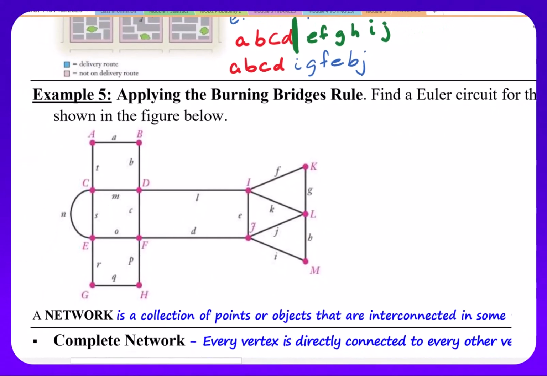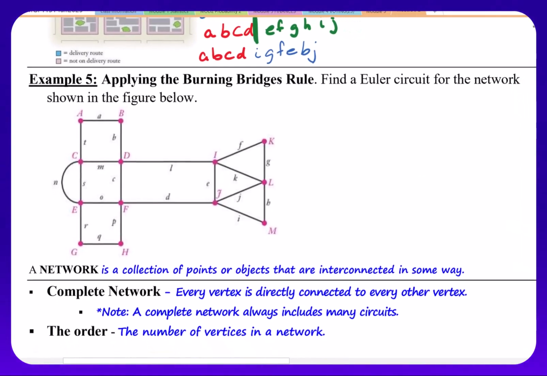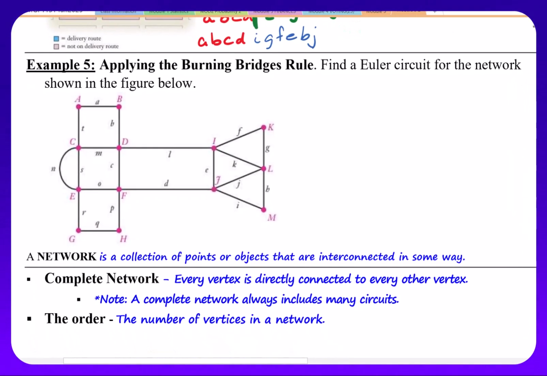So we're going to do one more for this group of problems. We're going to look at applying the burning bridges rule. And again, this is saying find an Euler circuit for the network shown in the figure below. Remember, the network is just a collection of points or objects that everything is connected in some way. Again, they're going to do this to show you that you could have done it in alphabetical order. So I'm going to start the same way. They would go A, they would go B, we can go C, we can go D,